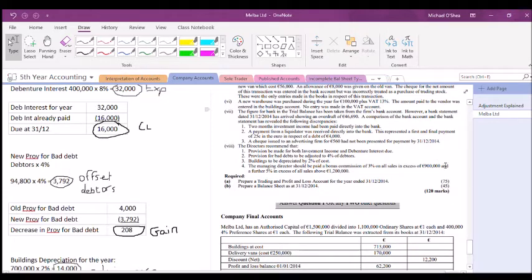There's also a further 5% in excess of all sales above 1.2 million. You need to be careful of the wording here. So this managing director, this person at the top of the company, is going to receive a bonus commission of 3% on all sales in excess of 900,000, and a further 5%, which means an additional 5% in excess of all sales above